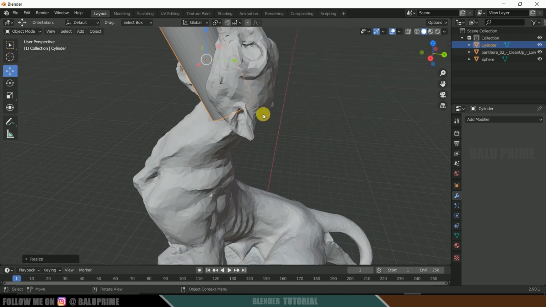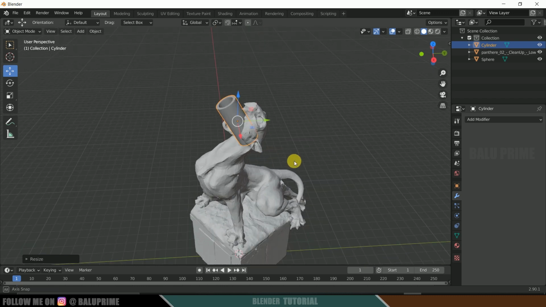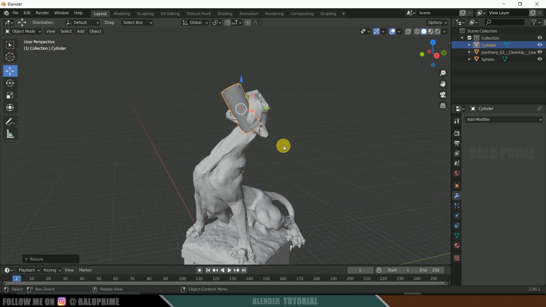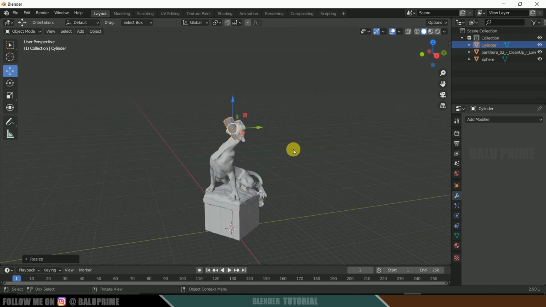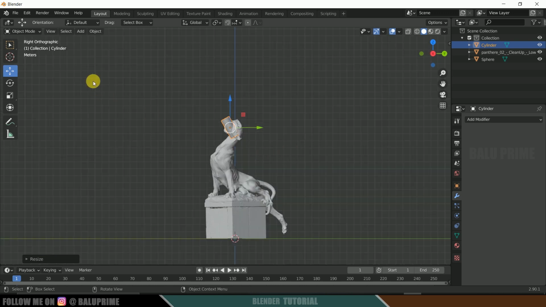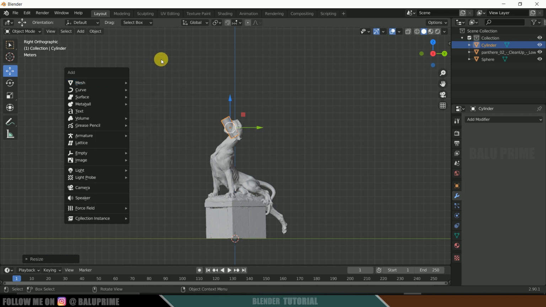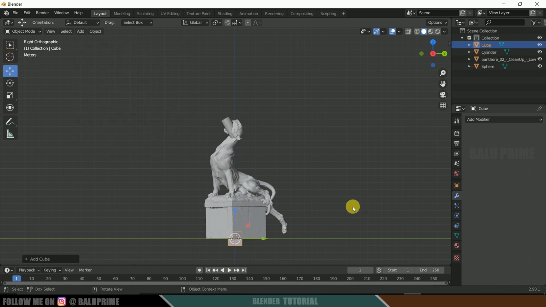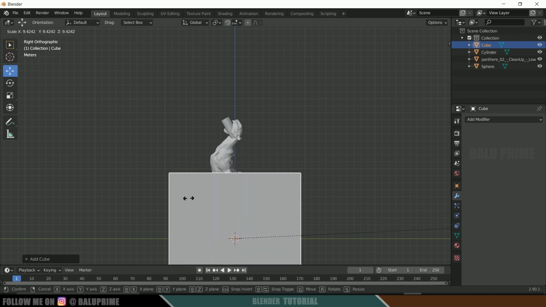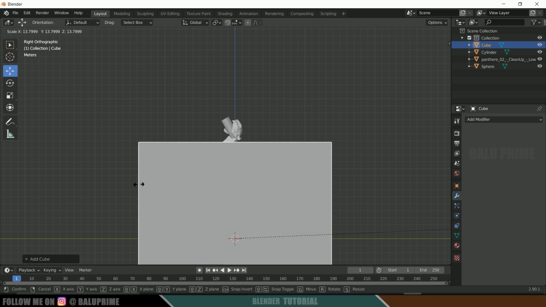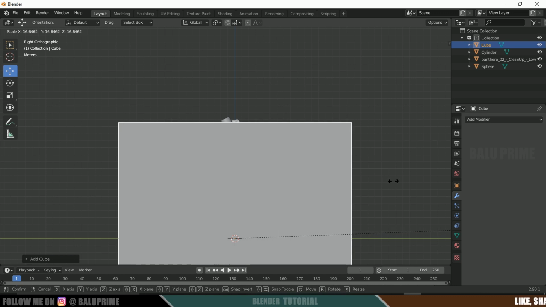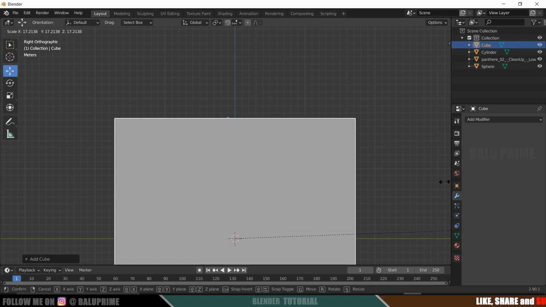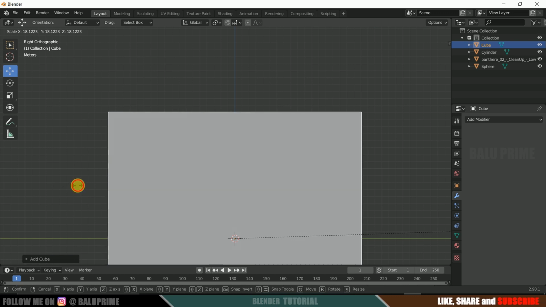Fine. Okay. Once this setup is done, now let's create a cube for the domain. Press 3 on the keyboard for side view, Shift plus A, or else you can go to Add, Mesh, select Cube. Now press S on the keyboard and increase the scaling of this cube. This is going to be our domain. Domain means the simulation, whichever occurs in the scene, will happen within this domain.